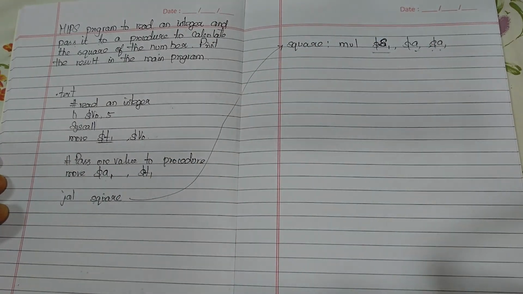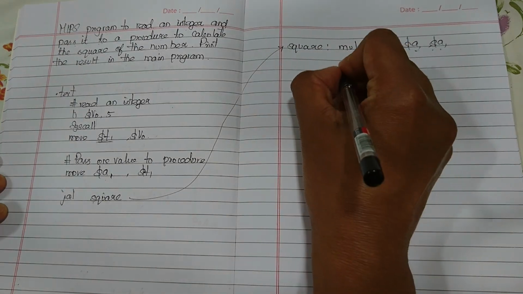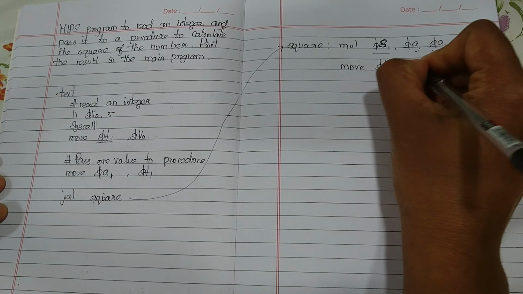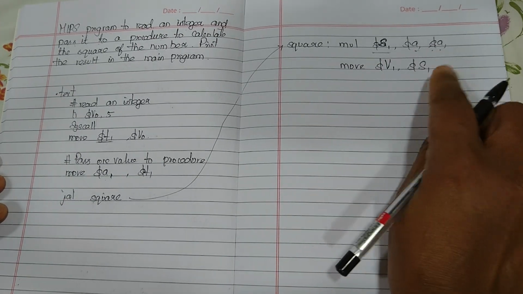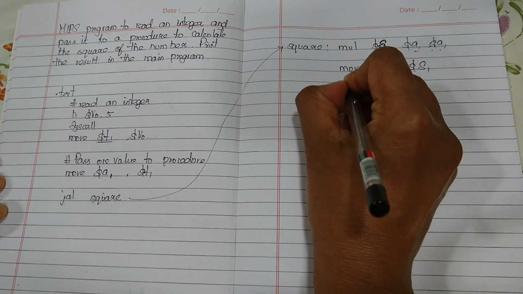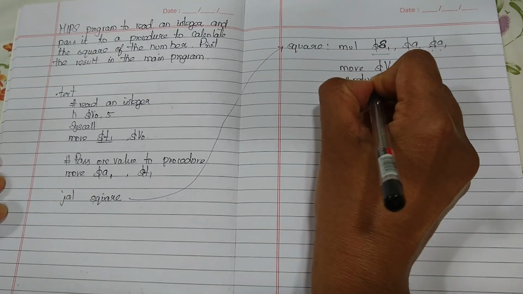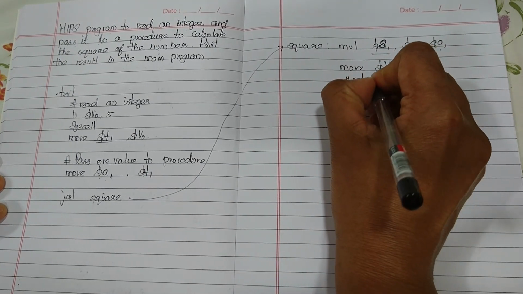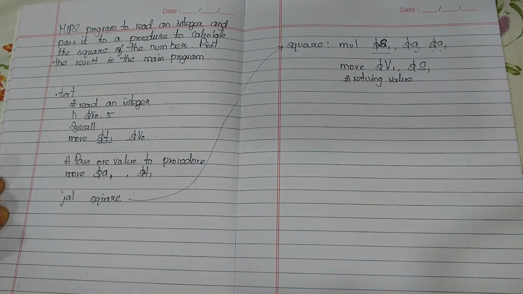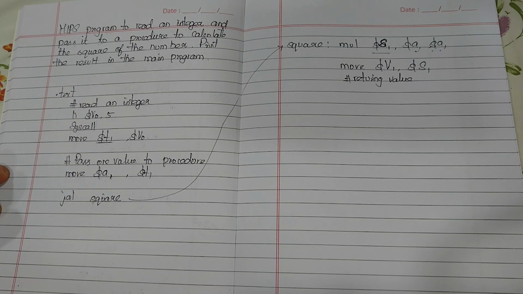In the previous video, we saw returning a value means you move the value or load the value in register V0 or V1. So let me use V1. So register V1 and then S1. S1 is the result. I move it to V1. So this means returning a value. If you move a value to register V1 or V0, that means returning a value.